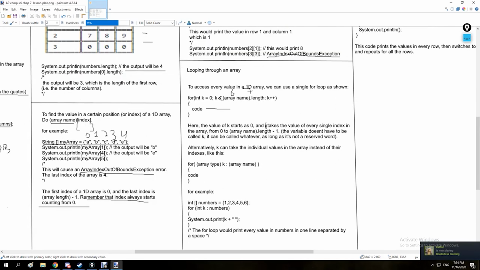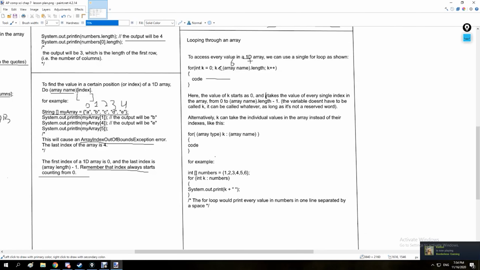Alternatively, though, k can take the individual values in the array instead of their indexes, like this. For array type, if the array is of strings, then k has to be a string; integers, k has to be an integer, etc. Colon, array name, open the brackets, code, close the brackets. This means that k is going to take every single value in the array,